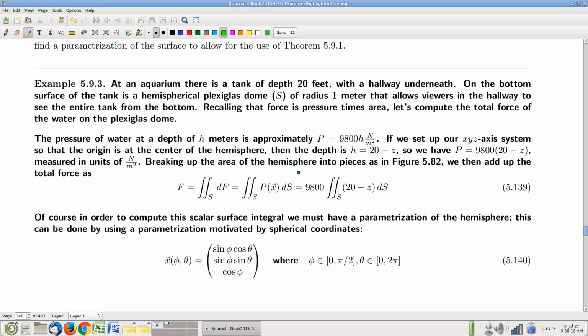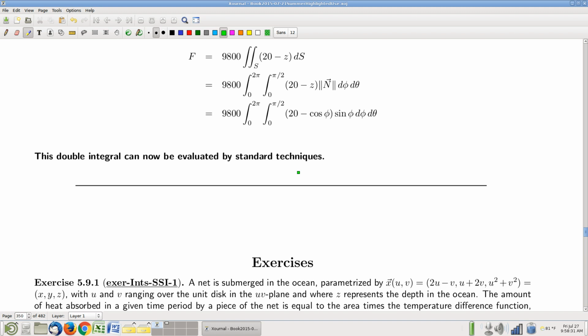Okay, there's another example here. I'm not going to go through the details of this one, but it's a pretty entertaining example. Lots of good little twists and details to worry about. And so I'm going to encourage you all to read this one on your own. And we're going to move on